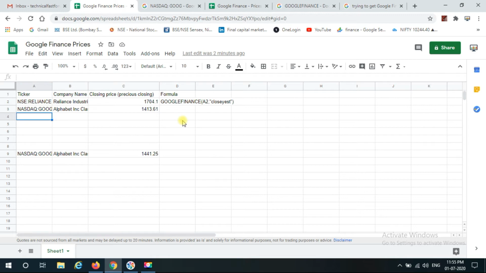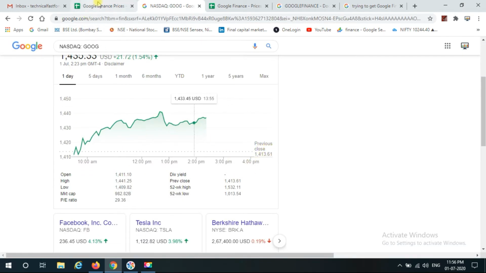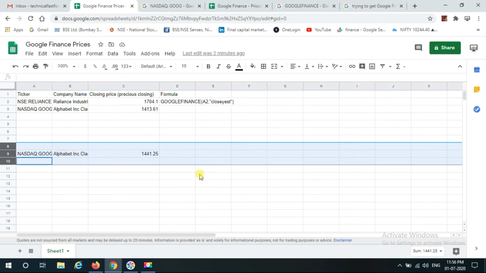I would like to share the details of how you extract currency exchange rates. How will you be able to extract the currency exchange rate from Google Finance directly? Here it is not available, I mean which currency you need, or what is the closing time, or whatever it is. So I'll show you how we can extract the currency parts.